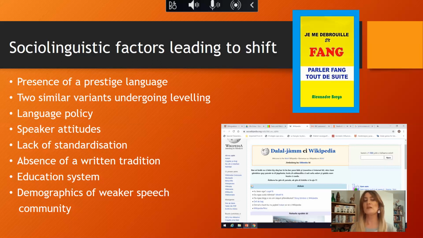The demographics of a weaker speech community can lead to shift. If you've got a very low fertility rate, a very low birth rate, you'll have fewer people and consequently fewer potential speakers. Other problems relating to shift are that in terms of learning languages in Nigeria, it's been recorded that